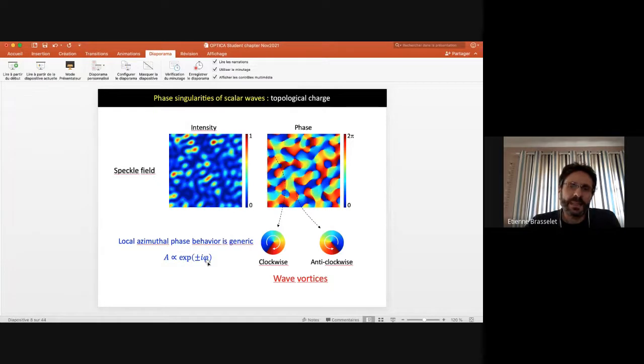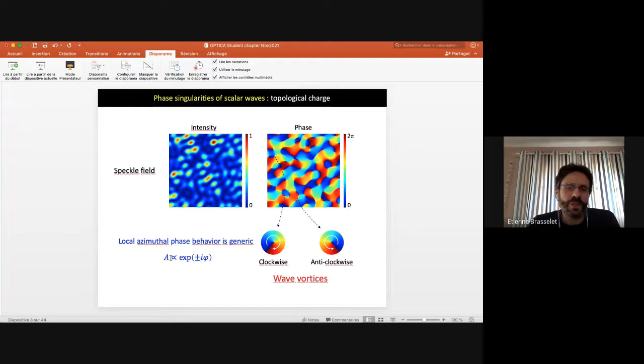And this means that if you continue to add plane waves, not only 3, but much more, 10, 13, 1000, in general, what you get is a so-called speckle field, which is a random field. And the phase is also random, but the skeleton of the phase is very well defined. It is defined by somehow bones, and every one of those bones corresponds to unit charge singularities